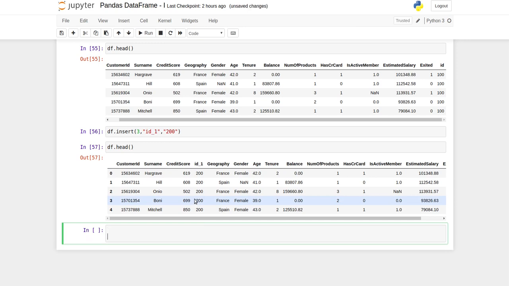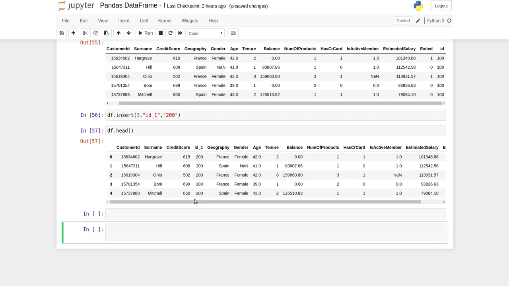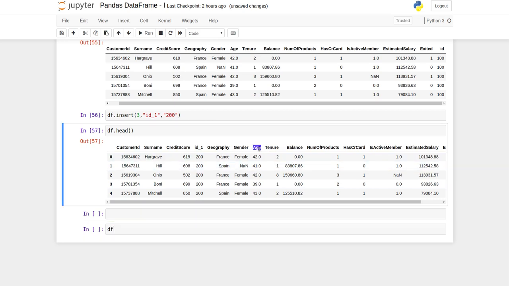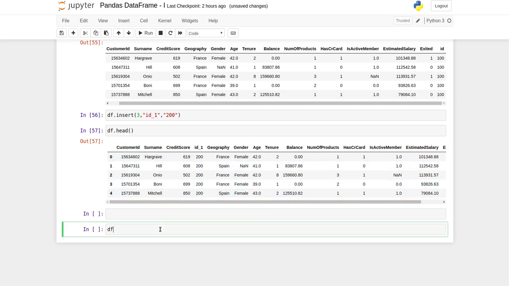Next we will cover the broadcasting operation. Suppose you want to perform a single thing on the whole column, suppose you want to add some number to or subtract some number from a particular column. I'm going to take this age column and add 5.